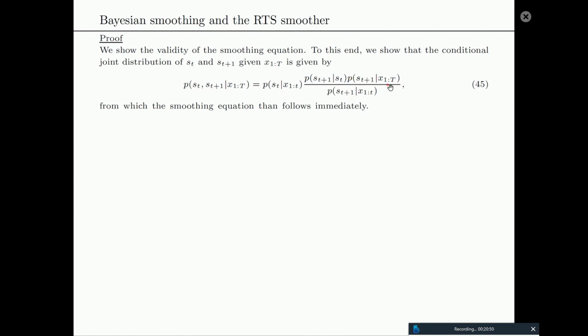So you of course need to assume that you have this smooth distribution. Then you know what's happening in terms of the transition, and then